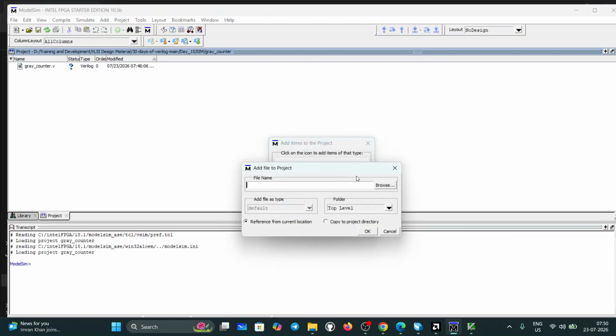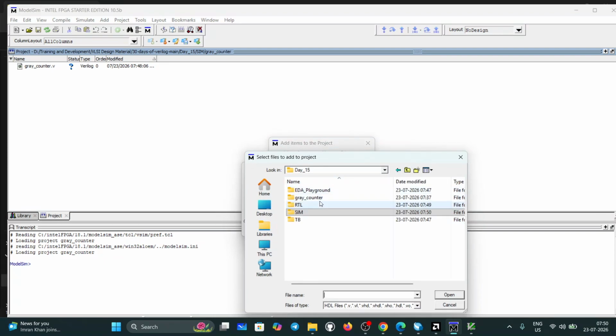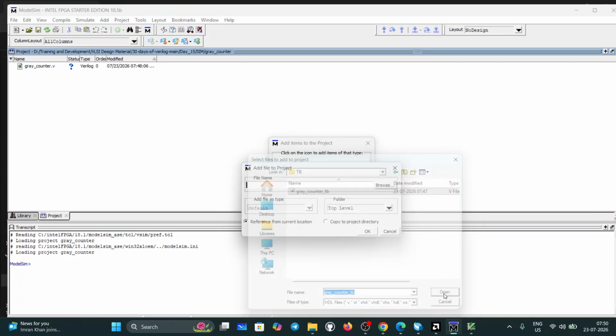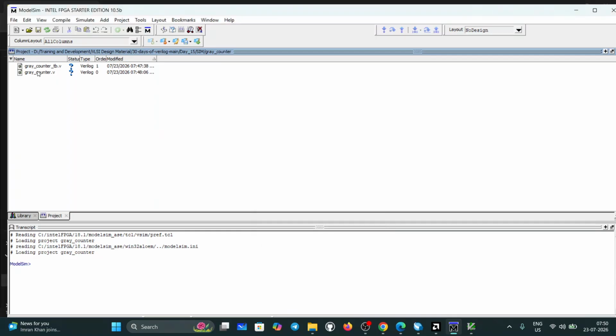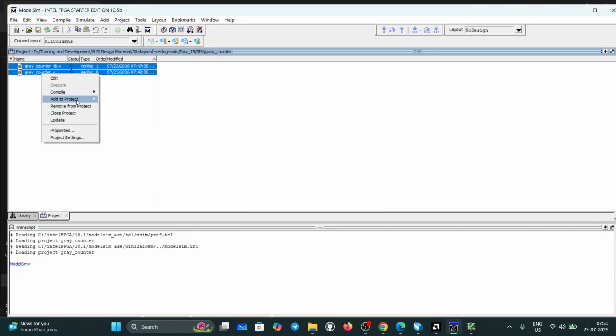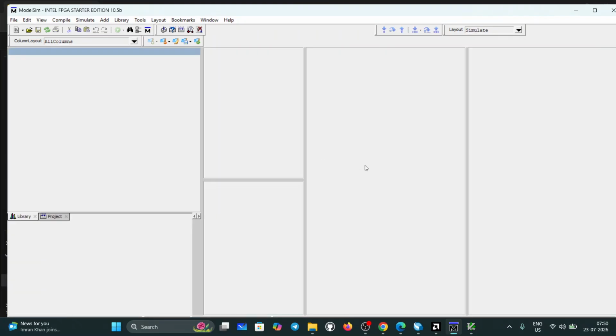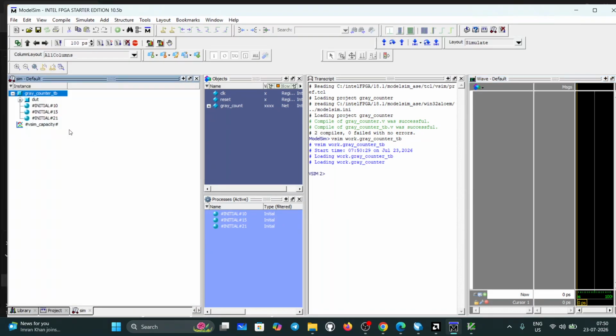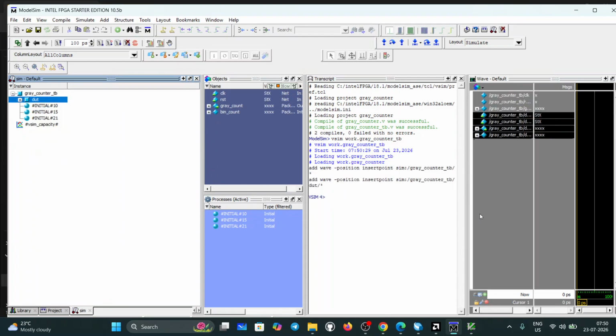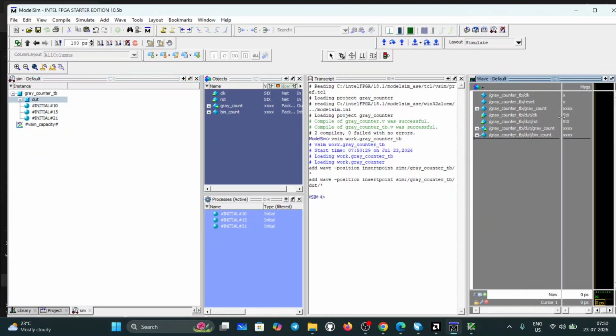Okay, add these files, test bench files, gray counter, open. Okay, close, right click, compile selected. Yeah, so go to library, work, gray counter underscore TB, simulate, and go to DUT gray counter underscore TB, add wave, DUT, add wave, and here you need to group the